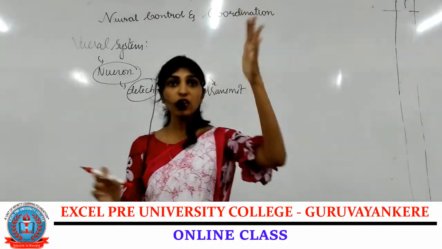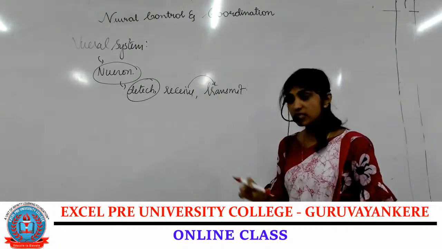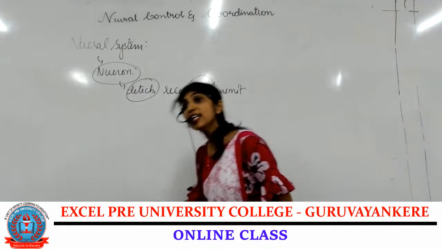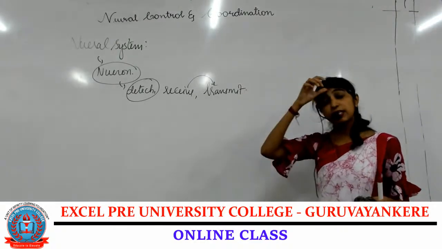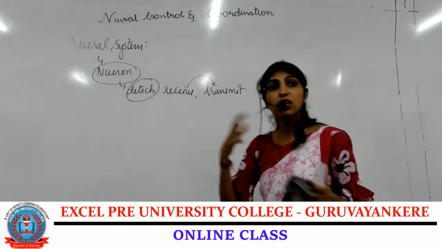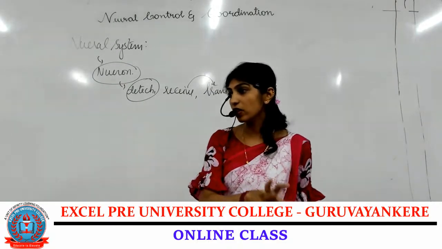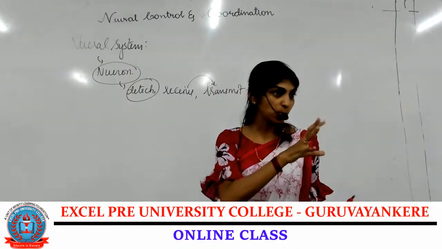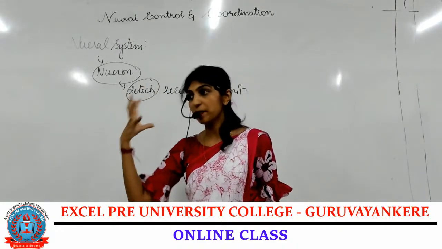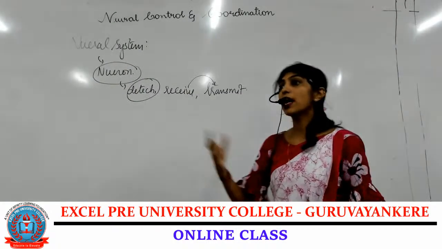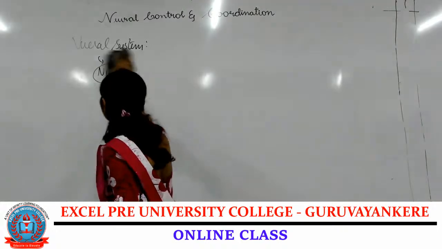Then in the higher organism, in our case, that is in human beings, we have a well-developed nervous system. In detail, we'll be studying it from lower to higher in your competitive part. Just for your theory, this is more than enough. In lower organisms, we have neural cells present together. Then in the higher invertebrates, the ganglion cells are present, which act as the nervous system. And in the higher organism, that is, in human beings,